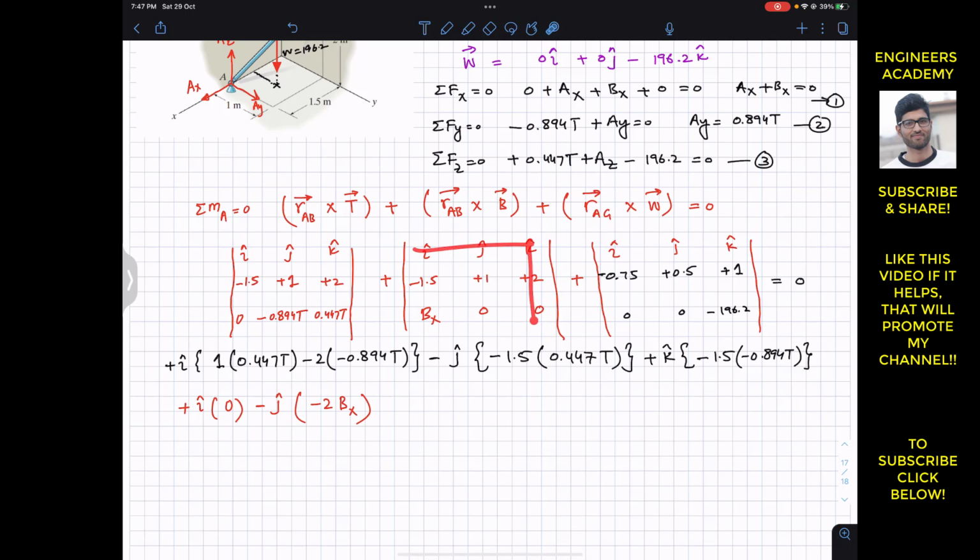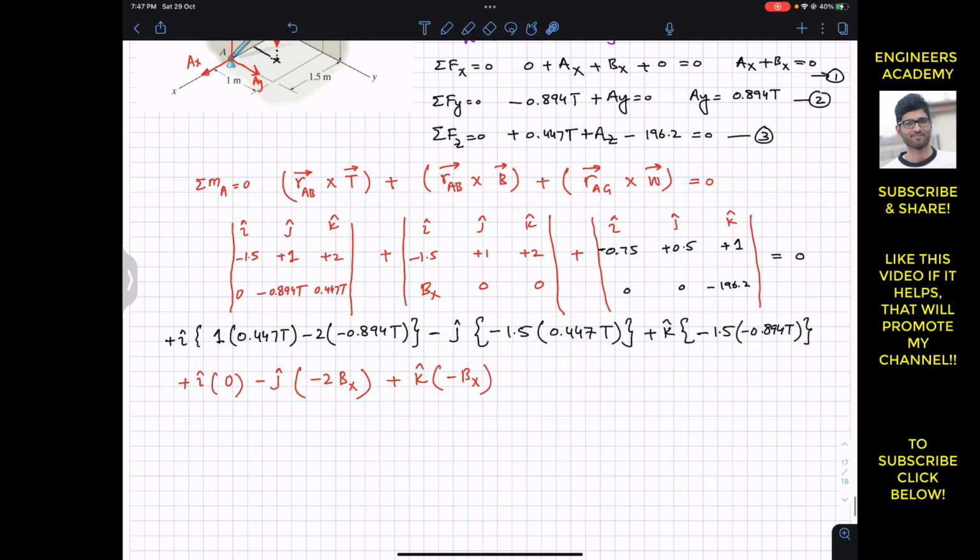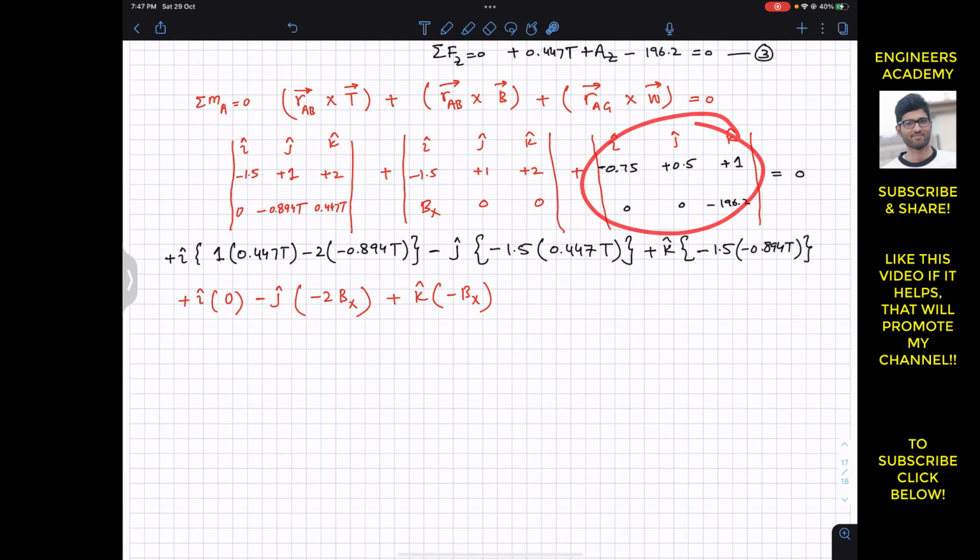And then for k, we need to hide this and this, so 0 minus bx. So plus k minus bx. So this is the moment due to that b vector. And then the determinant of this: again we need to hide this and this, so 0.5 into this minus 0. So I will write plus i and 0.5 into minus 196.2. And then for j we need to hide this and this, so this minus 0, so we will write minus j